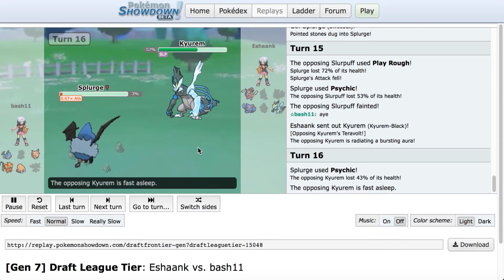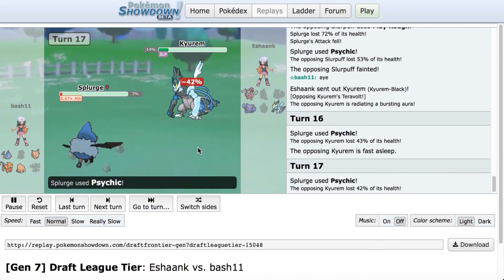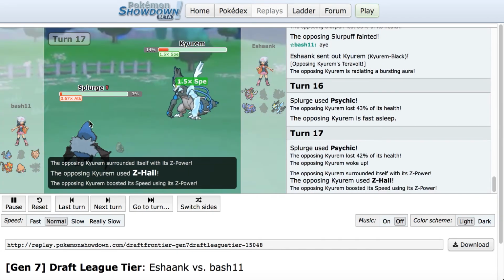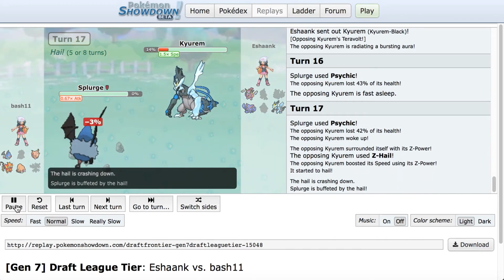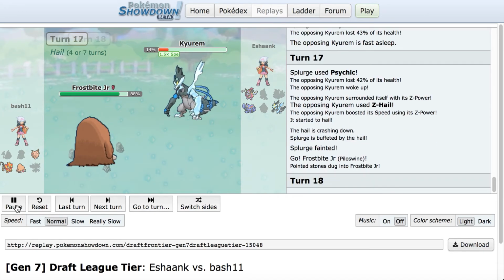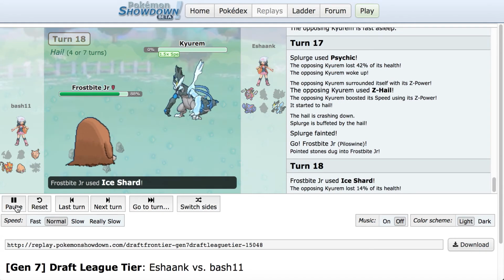He goes into Kieran Black. I get off 2 Psychics off of this thing, and basically this game is pretty much over. No, he goes for Z-Hail. Don't really understand that either, as Piloswine just KOs it with Ice Shard here. That takes it out, and